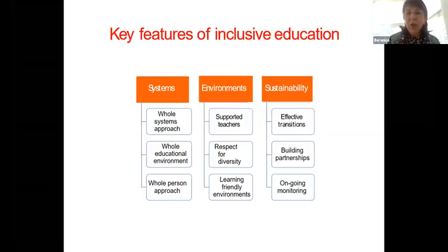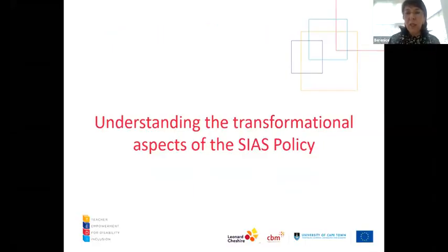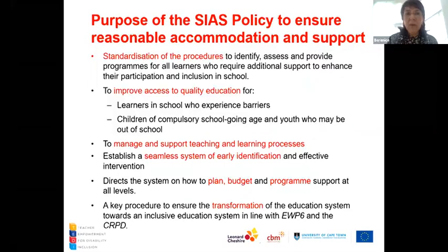Environments that are required, supported teachers, respect for diversity, learning-friendly environments, needs to be sustainable. There need to be effective transitions. We need to build partnerships. There needs to be ongoing monitoring.